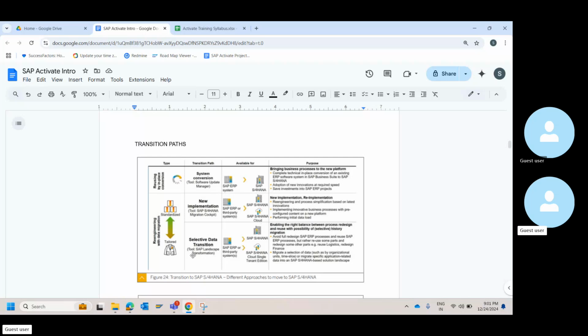Then we talk about selective data transition, which is you move from again any ERP or any third-party system, and then you talk about moving into SAP S/4HANA or SAP S/4HANA Cloud single tenant edition. These two are possible. So do you remember the examples that I told you for each of these?